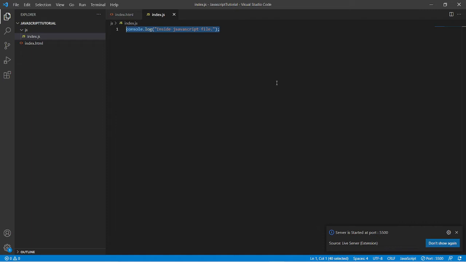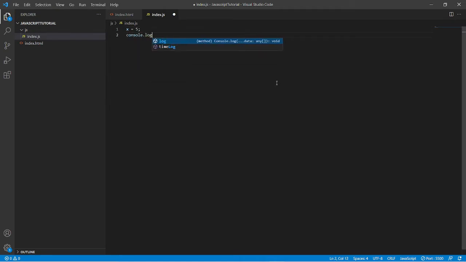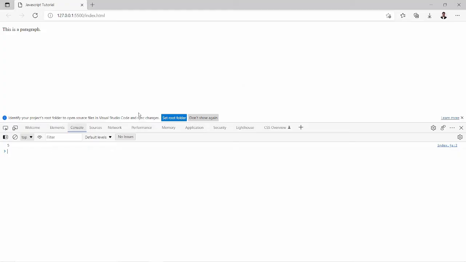So we are not using the use strict directive right now. Let's write a variable name, say x equals 5, and we log x in the console. It will log 5 because the value of x is 5. So let's see in the browser, and it is logging 5 from line number 2. On the right-hand side, you will find the file name, colon, the line number. So at line number 2 in index.js, this 5 is getting printed.